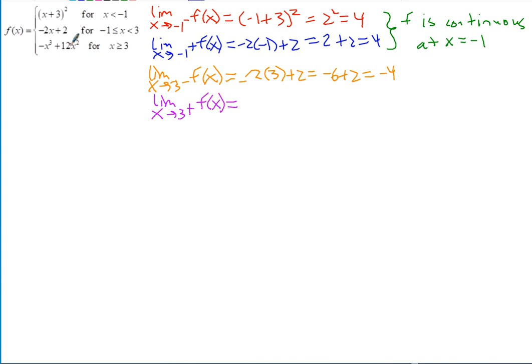That uses this bottom piece, so negative 3 cubed plus 12 times 3 squared. So 3 cubed is 27, the negative just stays out in front. 3 squared is 9 times 12 is 108. And 108 minus 27 is 81. So in this case, they're not even close. Negative 4 versus 81, they don't meet up. Left and right limits, so f is not continuous